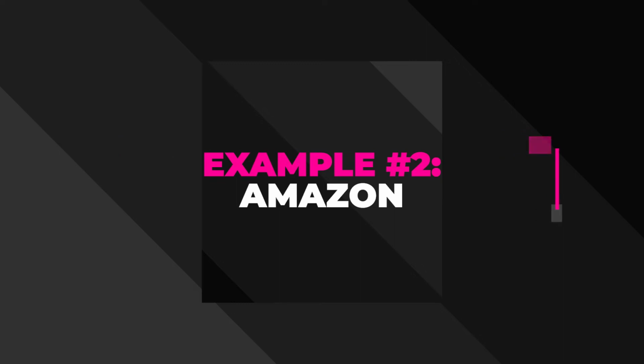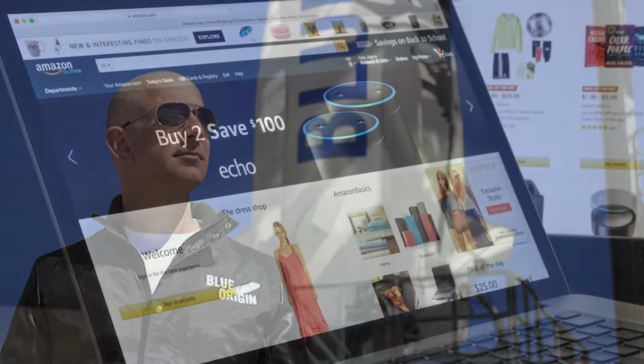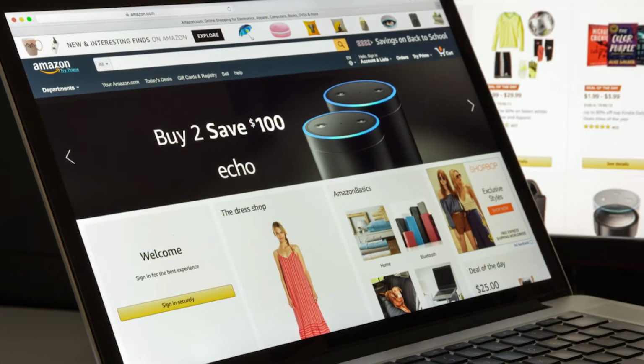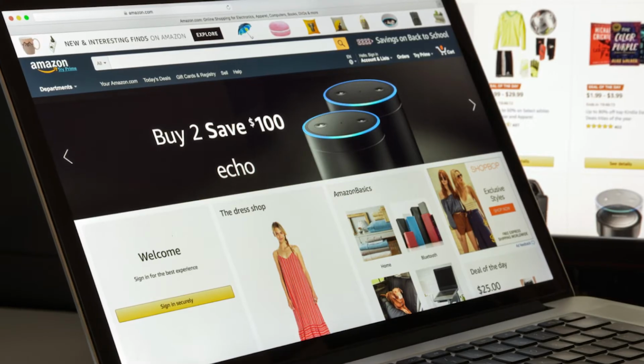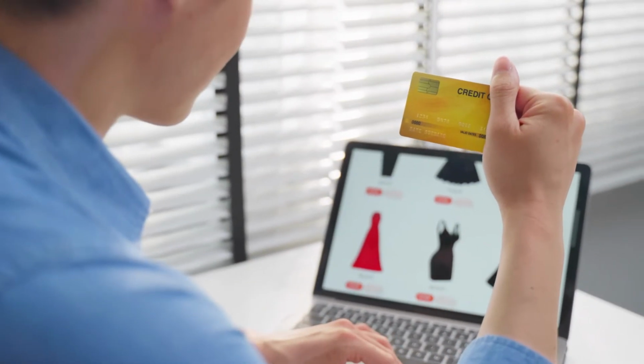Now, the next example of a sustainable competitive advantage is Amazon. Who knew that selling books online could lead to enough revenue to fund a space program? Of course, Amazon is now a vast behemoth and it has propelled Jeff Bezos to the number one spot on the world's rich list. Amazon is now the undisputed leader in the world of online retailing, completely redefining the way